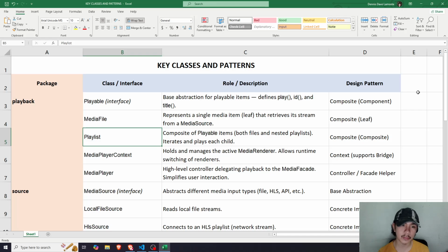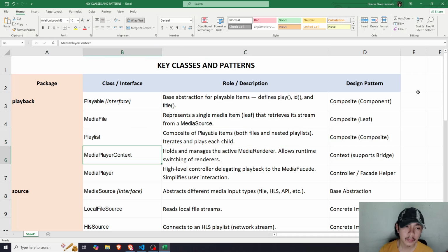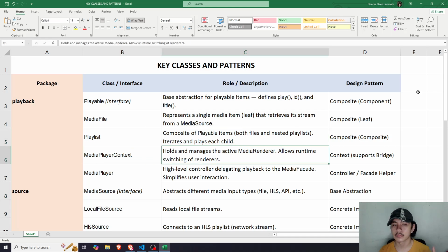The playlist class is a composite of playable items, both files and nested playlists, and it iterates and plays each child. The media player context holds and manages the active media renderer, which allows runtime switching of renderers.